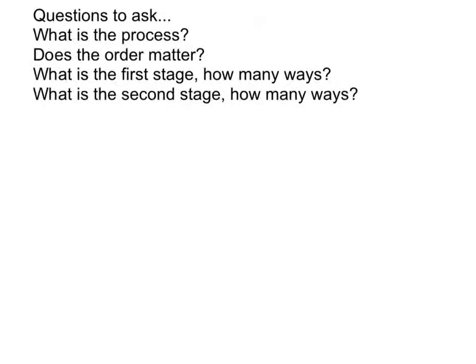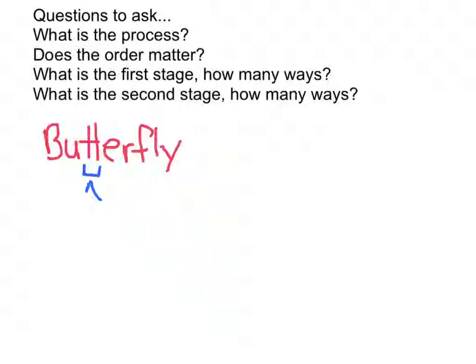The questions to ask are, what is the process, does the order matter, and how many ways can the different things happen? So let's say you had the word butterfly. If you wanted to know how many different ways you could order the letters in the word butterfly, you have to notice that there's 2 T's. And since T's are the same wherever you put them, it wouldn't matter if it was the first T or the second T. So you would take the 9 different letters of butterfly, 9 factorial, and divide out the 2